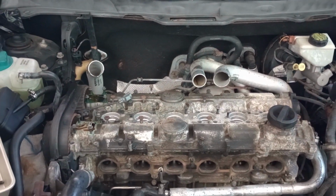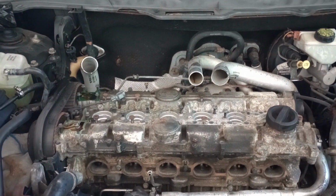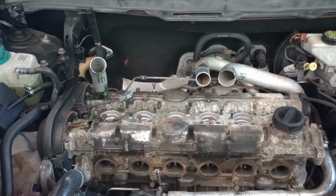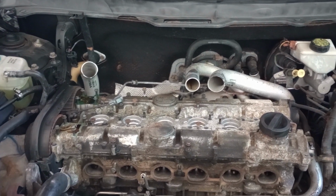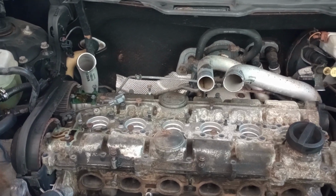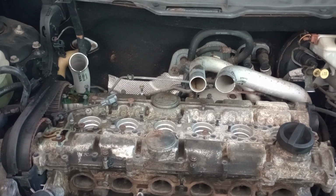All right, we are working on a '05 Volvo XC90. That's the T6. So basically, I'm not going to